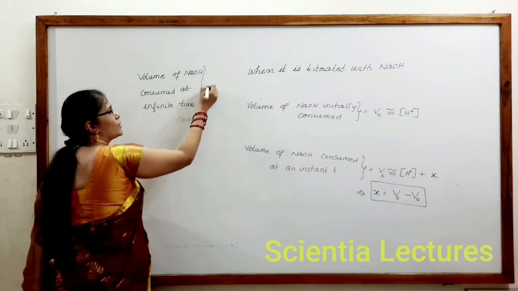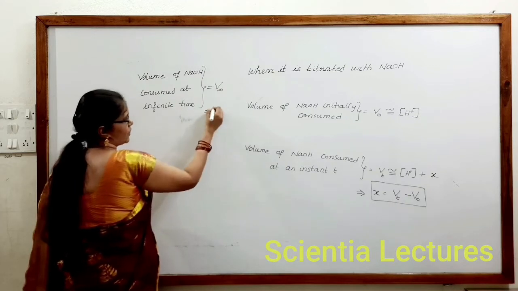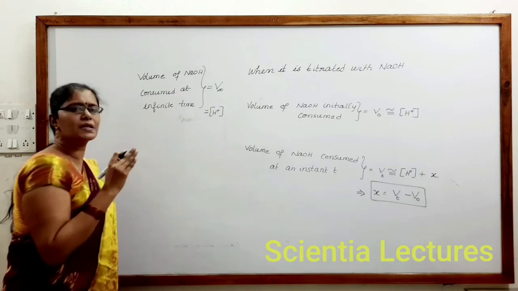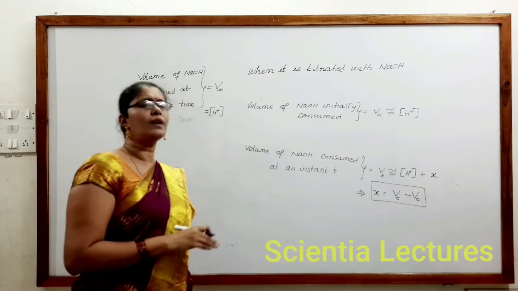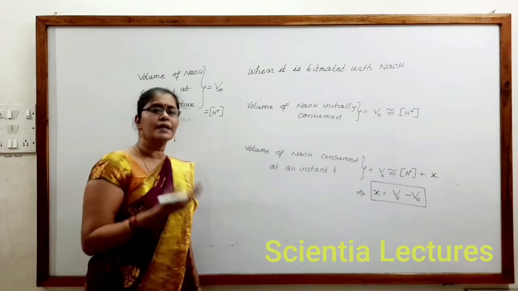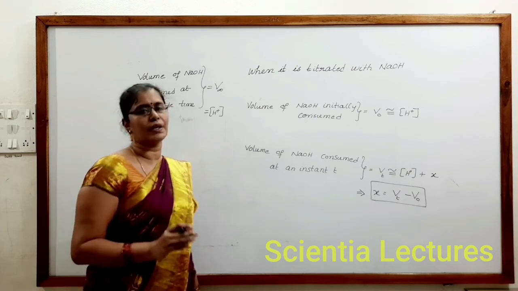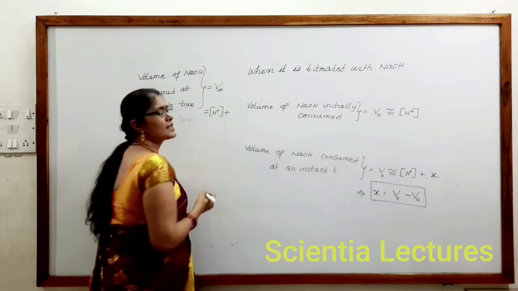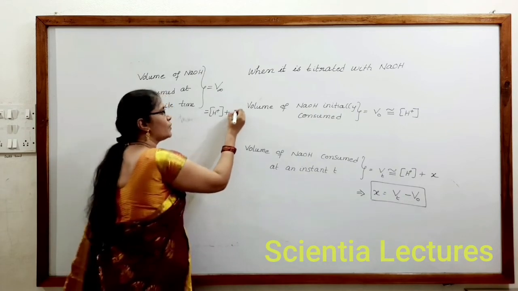This is equal to V infinite, which was given to us. This must be equal to, of course it also reacts, the same amount of H plus that is present initially at an instant t, at the end of the reaction when the reaction is completed also, because it is a catalyst. The chemical composition of a catalyst does not change, it just alters the rate of reaction. Plus, the concentration of CH3COOH at infinite time is equal to A.